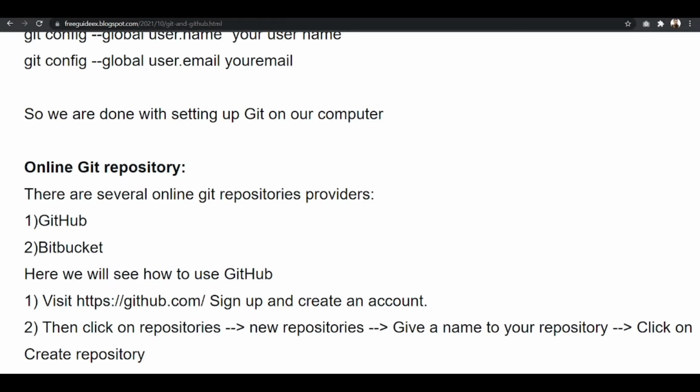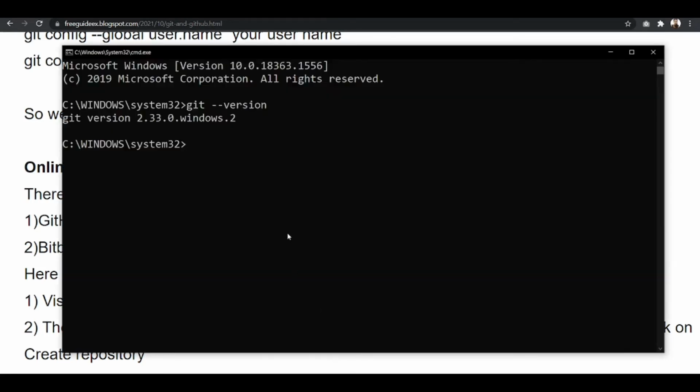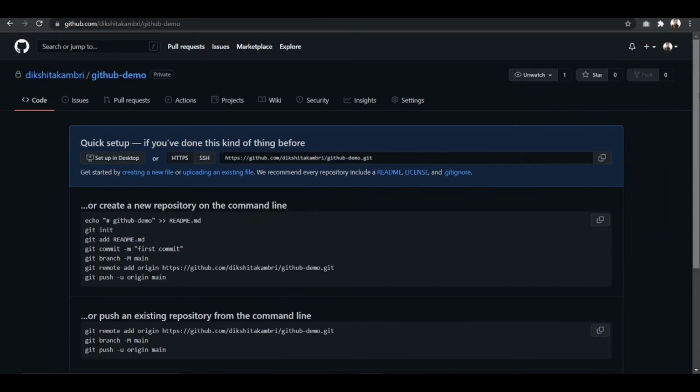Go back to the command prompt and type git config --global user.name, and inside quotes type your username, which you will find here in GitHub.